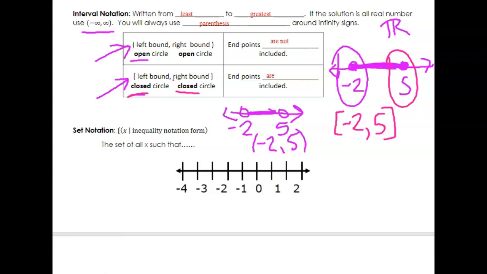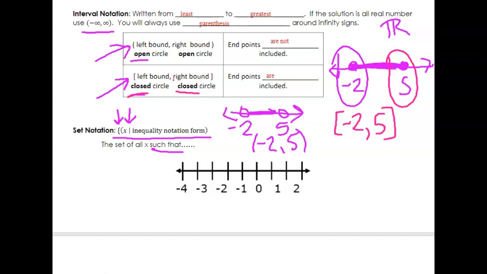And finally, we come to the third notation, which is set notation. It looks like this. You have a brace, which is kind of like a squiggly parenthesis. You'll find those above and to the left of the Enter key on your keyboard. So a brace, and then an X, because we're talking about all X values. You'll have a little bar right here. The way that bar is pronounced is "such that." So you say this is the set of all X's such that,